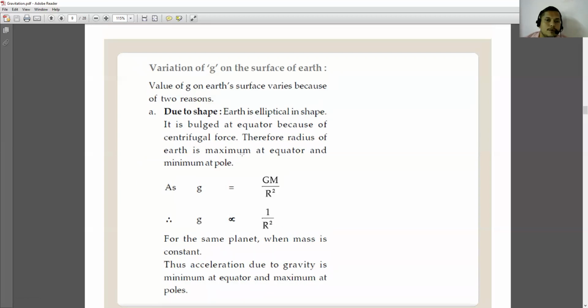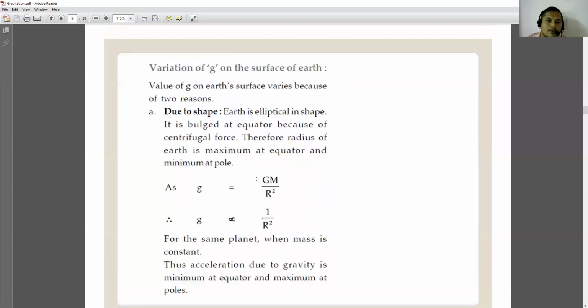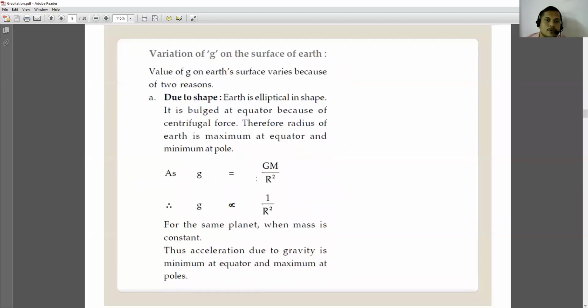So in the previous one, we have discussed the variation of g just above the Earth's surface, and with depth. In this case, we are considering the variation of g on the Earth's surface, where the first case we are considering is for